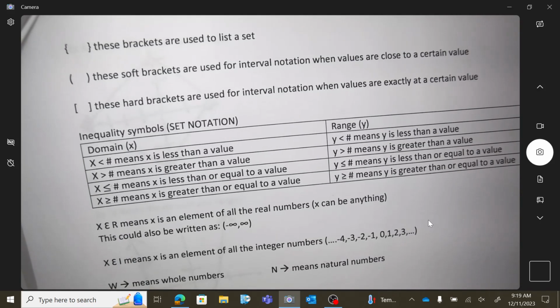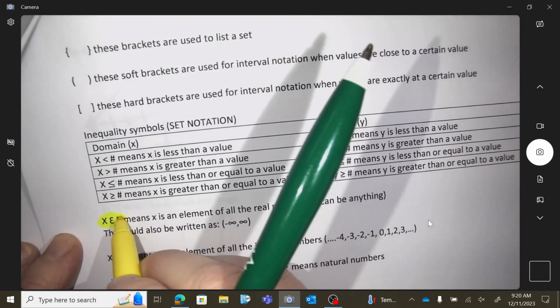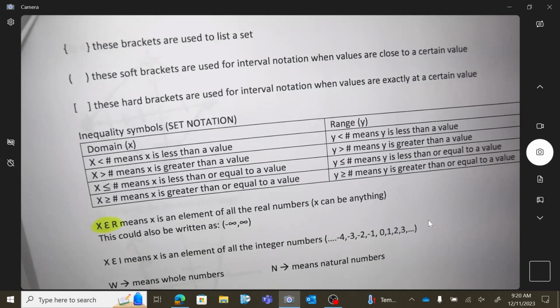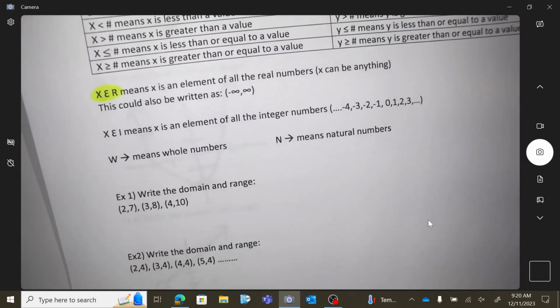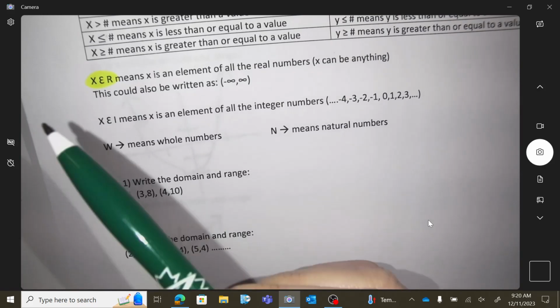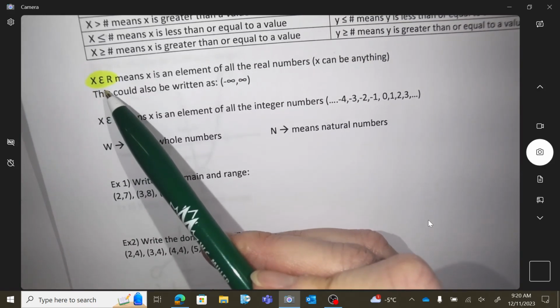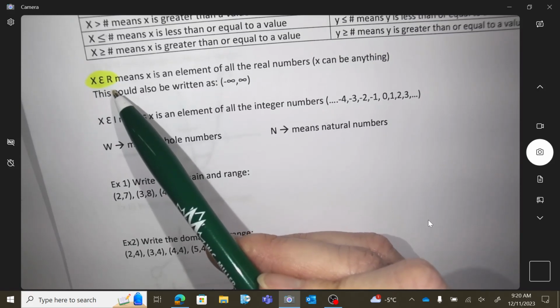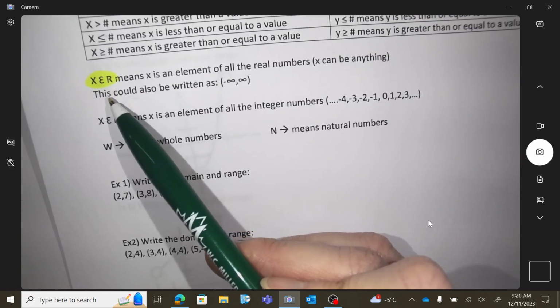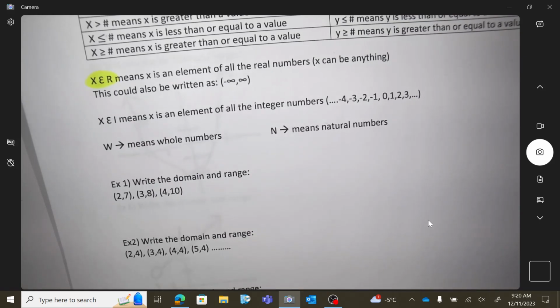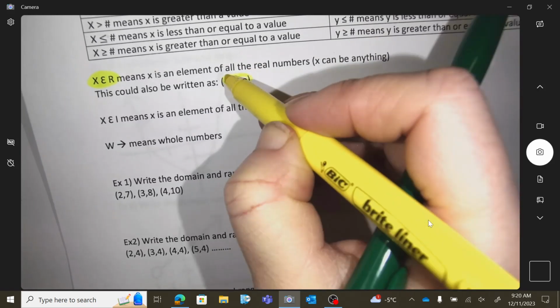Some other symbols. This, what does it mean? X can be an element of, that symbol in math means an element of real numbers. And we talked about real numbers in a past unit. Real numbers are anything. You've got your decimals, your integers, your whole numbers, fractions. Those are all real numbers. So another way to say x can be anything